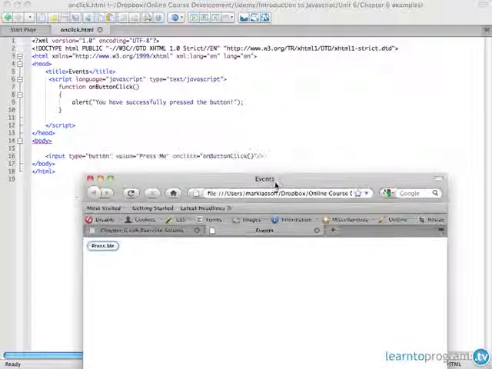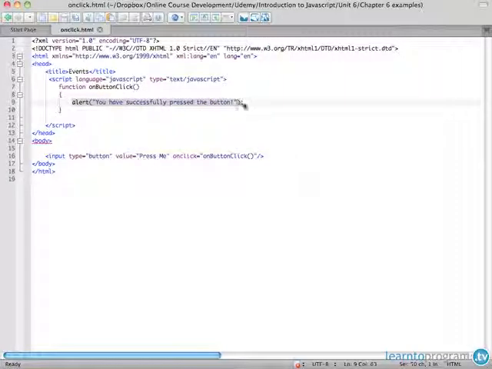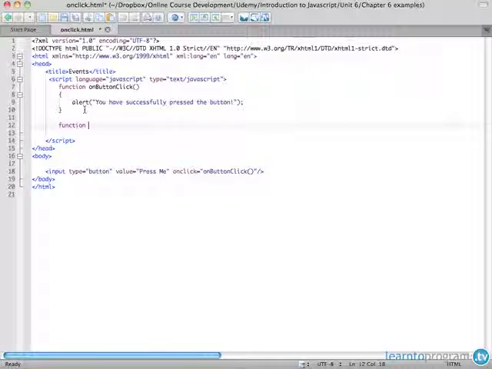So again, let's look at what happened here. We used the onClick event to call onButtonClick. The onButtonClick function ran, which had the code to output the alert box with the text, "You have successfully pressed the button." Now I'm going to add another function, and I'm going to call this function